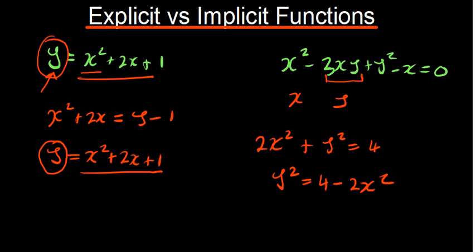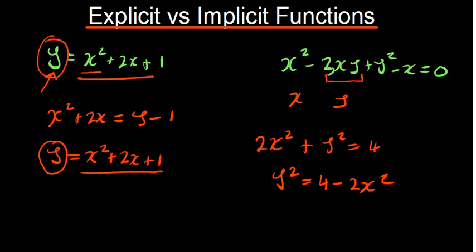The answer is no, because what you are supposed to write is a variable in terms of another variable, not that variable squared, or that variable to the power 3, or that variable to the half or something. So the fact that I don't have a 1 here, this still remains an implicit function. For me to make this an explicit function, I need to write it in terms of y alone, not y to the power 2, y to the power 3, or y to the power any power